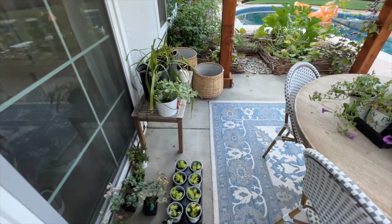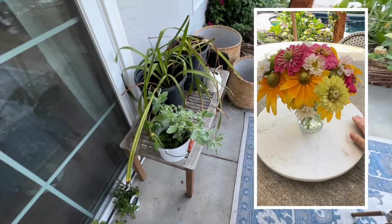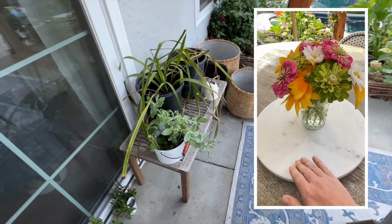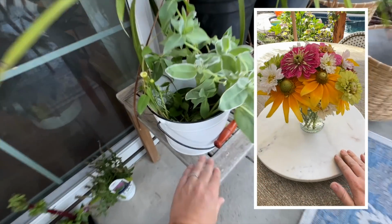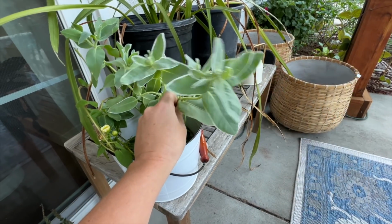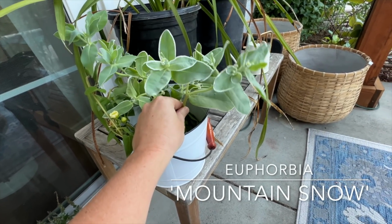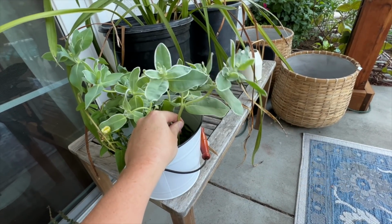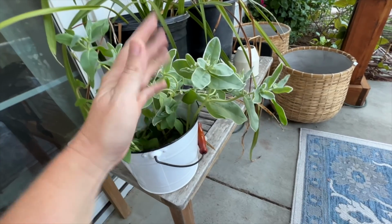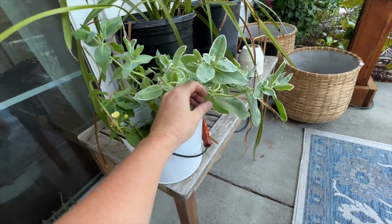I did make a bouquet on Monday. I'm doing a make a bouquet every Monday for the rest of the year. That's my new kind of series or plan or challenge that I'm trying to do. And this was my harvesting bucket that I used, and I did get some of this mountain snow euphorbia. I cut it, but it was so funny. As soon as I cut it, I'm not super familiar with this. This is usually used as a filler. When I cut it, it looked like it died. It just kind of limped over,